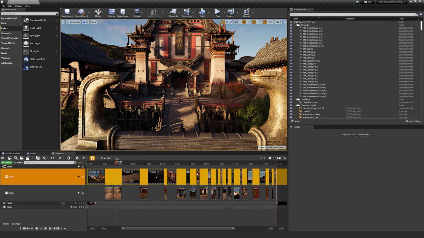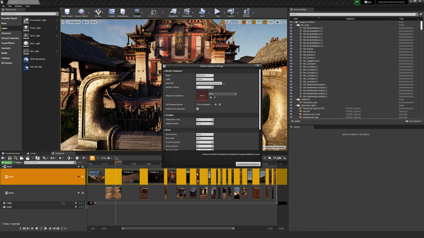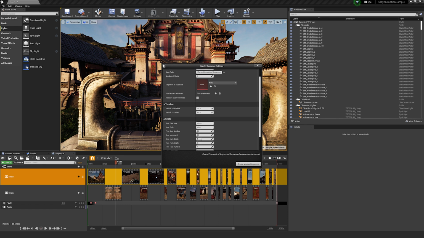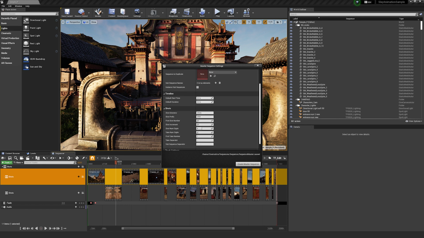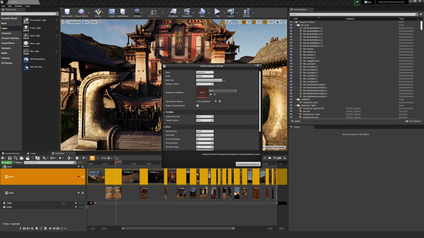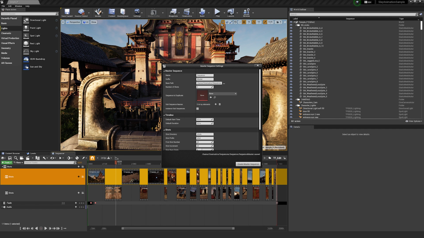One thing that I skipped over was the cinematics add master sequence. What this does is it auto populates. Here, let me click on it for you. Add master sequencer. This does quite a bit of the work for you. Depending on your production style, you might use this or you might have to do it manually. Again, it is highly dependent on how you're working and what your preference is.